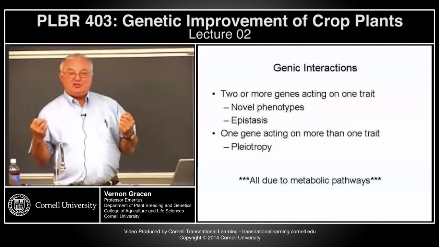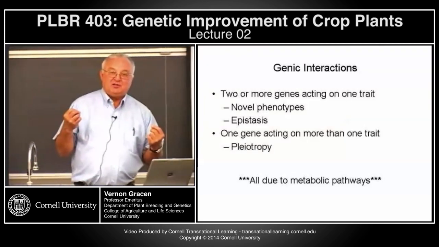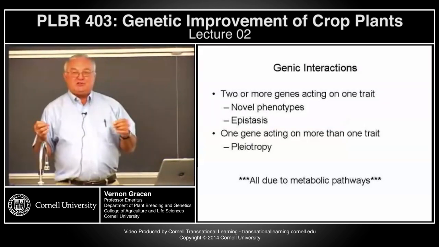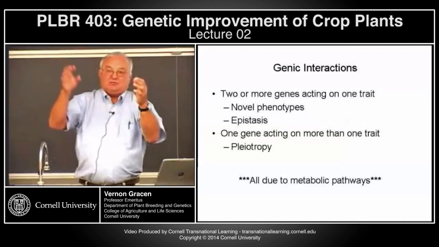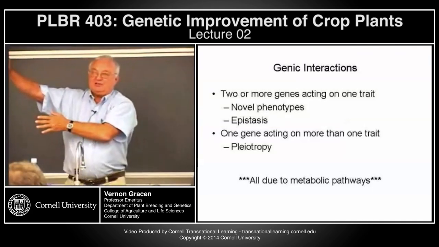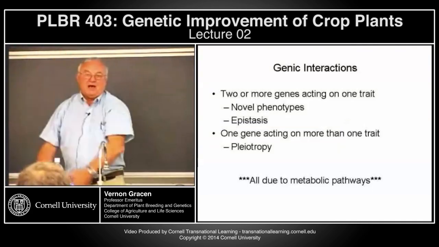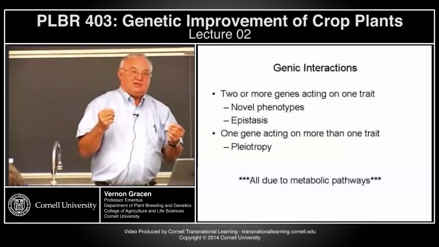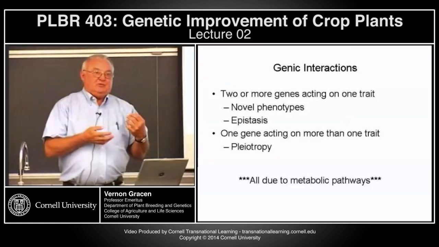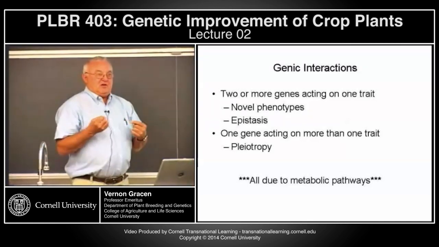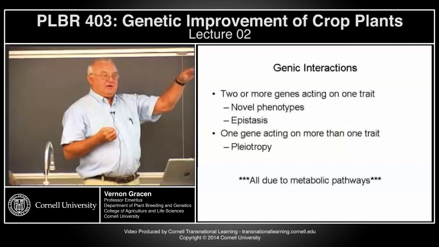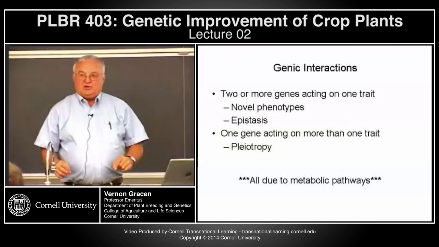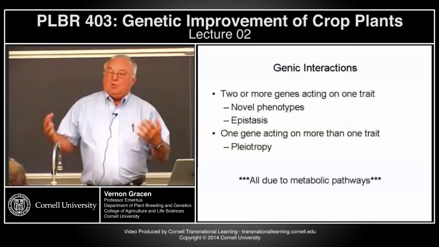Have you had statistics? Have you had any quantitative inheritance? Where basically our friends in statistics, for very valid reasons, say, well, we have all these interactions, but let's just forget about the epistatic interactions because they're so minor that they really don't impact us very much. And so often when we're dealing with quantitative inheritance, we say that we have additive genetic factors and dominant genetic factors, and we ignore epistatic factors. Why do you think we do that?